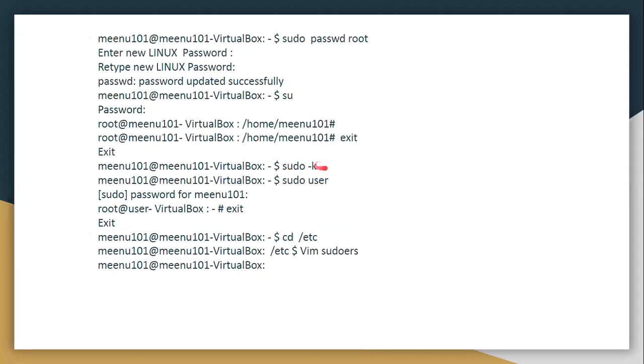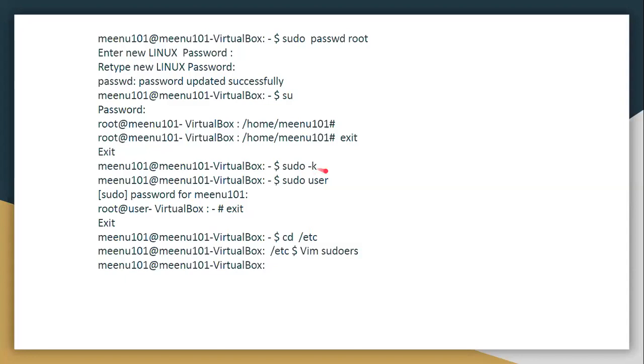Sudo -k, K stands for killing. If I write it here, sudo -k, that means next time, for example, somebody sits here, some other user, for example, I am Minu101, and somebody writes the command sudo su, they will be asked for the password. It will kill my process and a new process will be started.